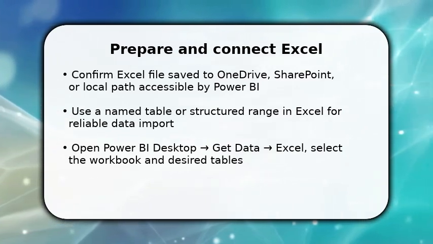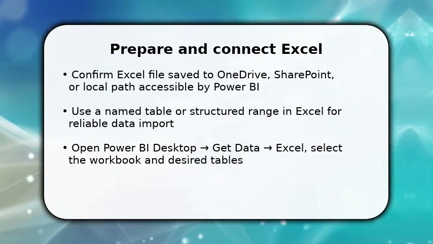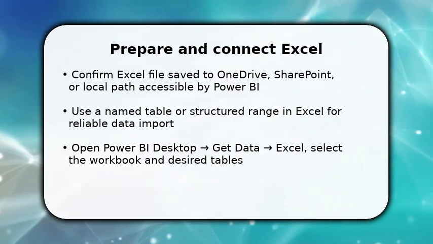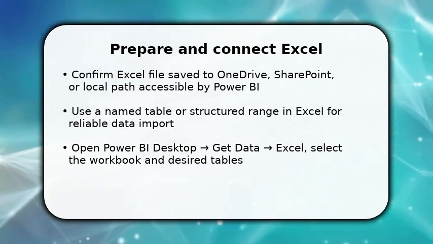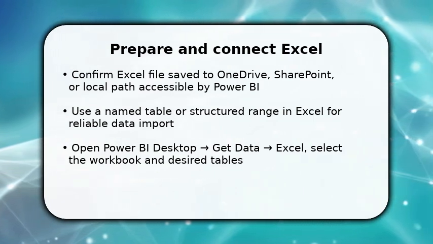Make sure the workbook is stored where Power BI can reach it. OneDrive or SharePoint is best. Next, convert ranges to named tables in Excel so column headers and types are preserved. This prevents schema drift. In Power BI Desktop, choose Get Data > Excel, pick the file and the table,